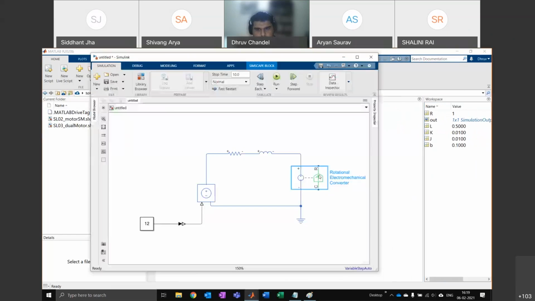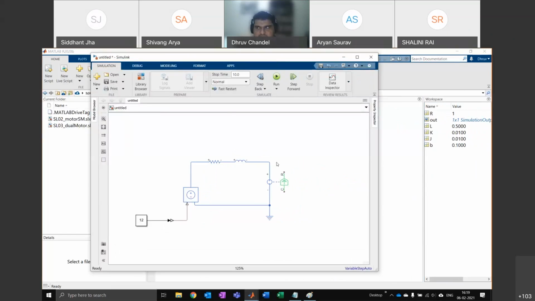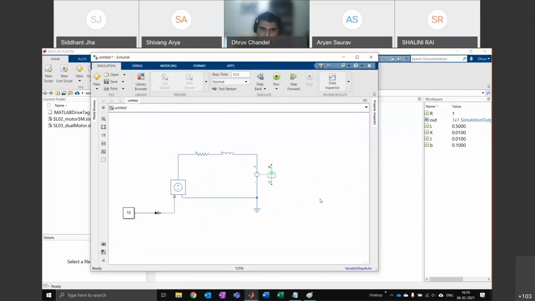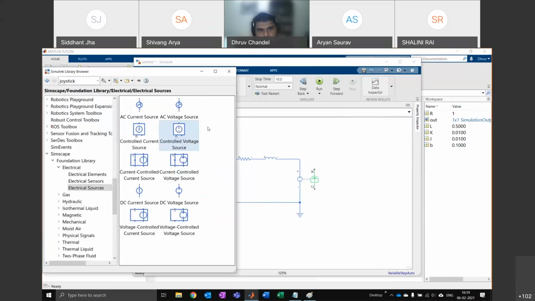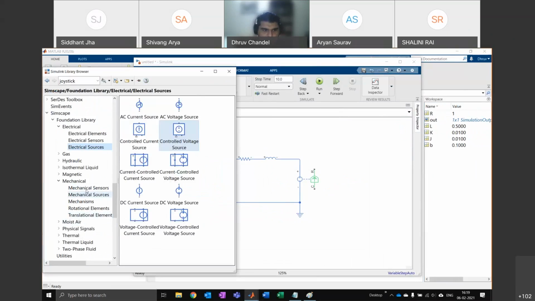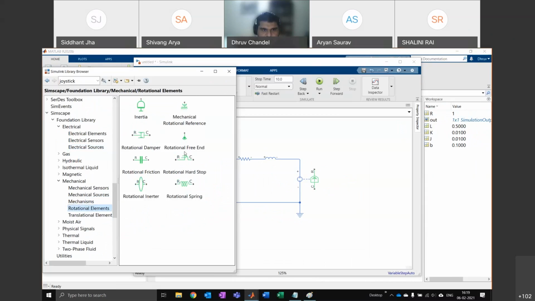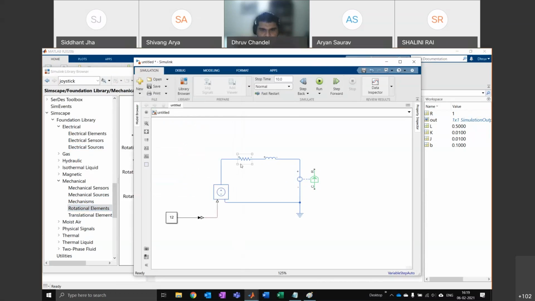Right. Now, the concept on the mechanical side is a little bit different. And that's why I just wanted to show this before we get to multi-body. So when we open the library browser, you go to the mechanical components, and let's say rotational elements, you'll find out there's some weird notation here, and this actually matters. So just like for electrical circuits, you have this plus and minus sign.